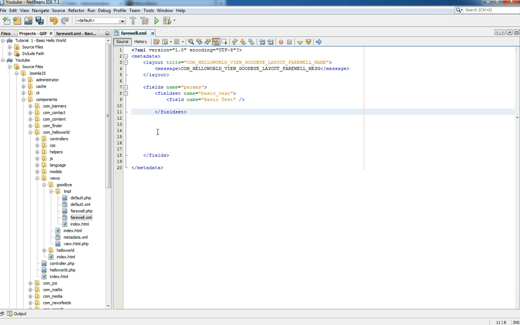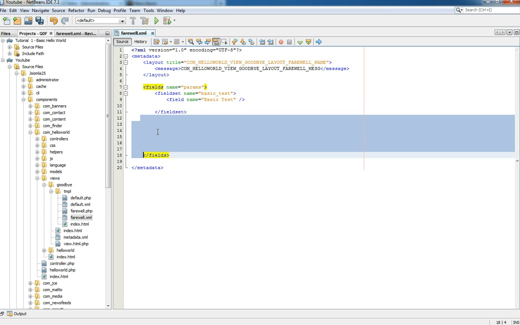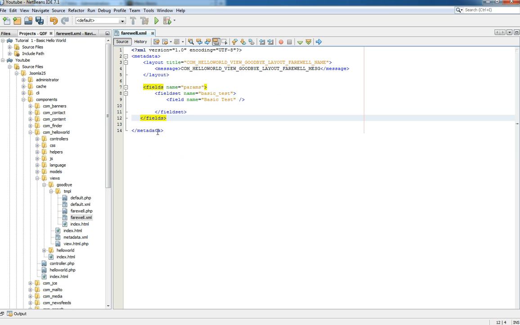Okay, so you need to have one tag of fields. Remember, this is XML, so it needs to be really strict on how you type your XML out. And the name equals parameters for the fields. This is really important because parameters is actually a column inside of the jos_menu table. The jos_ is the prefix example which we're using here. It's an actual column, and it stores JSON, JavaScript Object Notation text, within that one column cell,